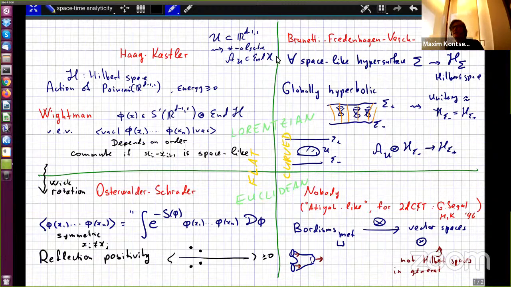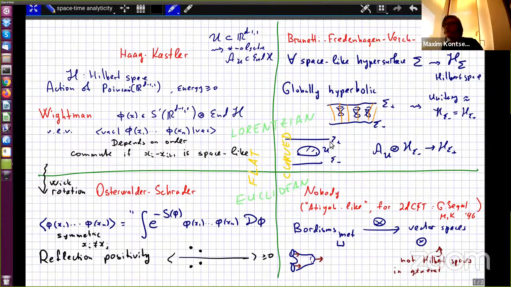Much later, there was a way to put this in curved space-time by Fredenhagen and his collaborators, Brunetti, Verch, and Fewster. So you consider not necessarily flat Lorentzian space-time, and for a sufficiently nice space-like hypersurface, you get a Hilbert space. It will be a priori not one Hilbert space for the whole universe, but depending on what space-time you choose. If your space-time is globally hyperbolic, with an in boundary and an out boundary, and there is some vector field connecting the past to the future, which is always light-like,